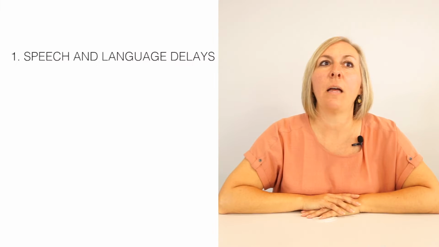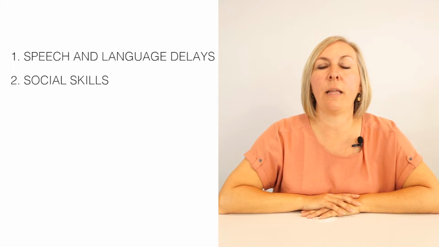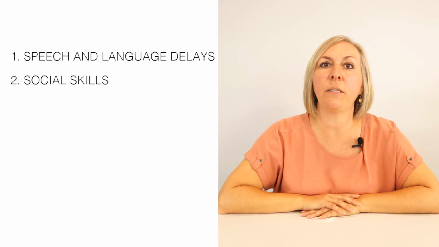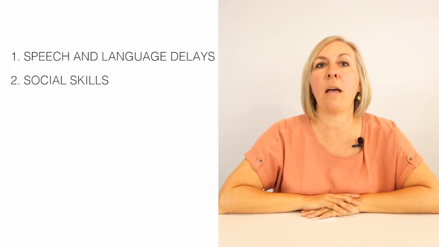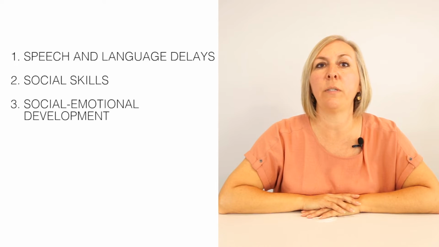those areas. Another area that may be impacted are social skills. This can look like misunderstanding peers, peer conflict, because maybe a peer thinks that their friend with hearing loss is ignoring them when in actuality they just didn't hear them, and not understanding the nuances and subtleties of language such as sarcasm. Another area that is impacted by hearing loss is social emotional development, as students with hearing loss are